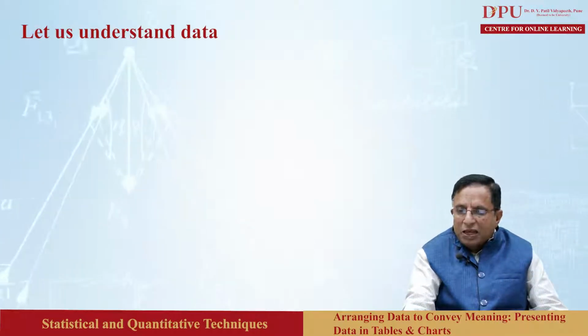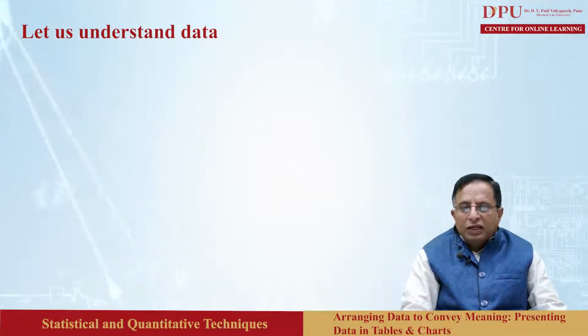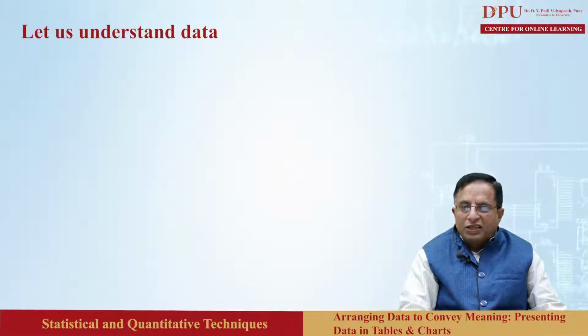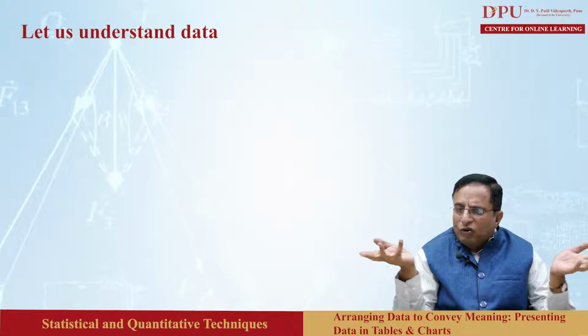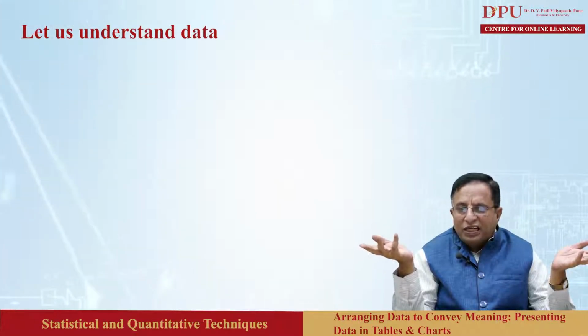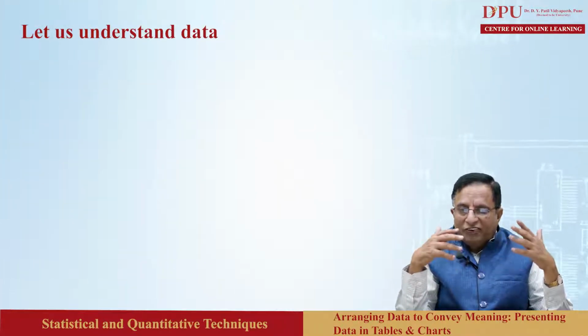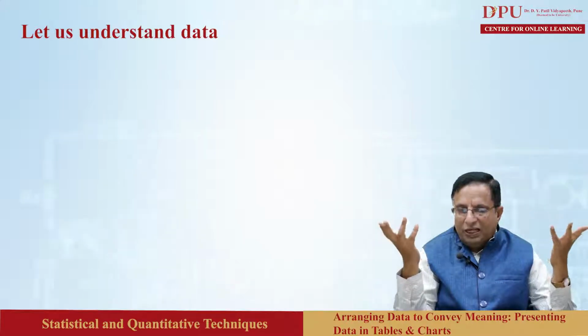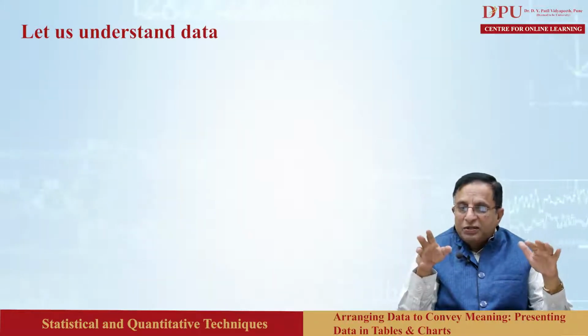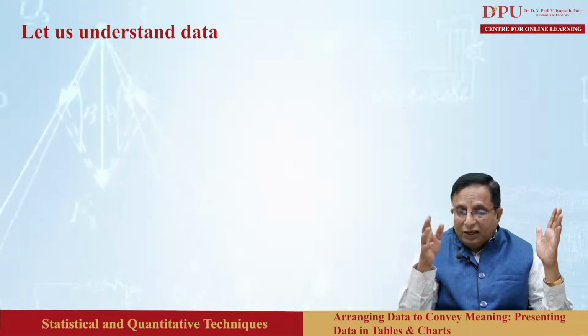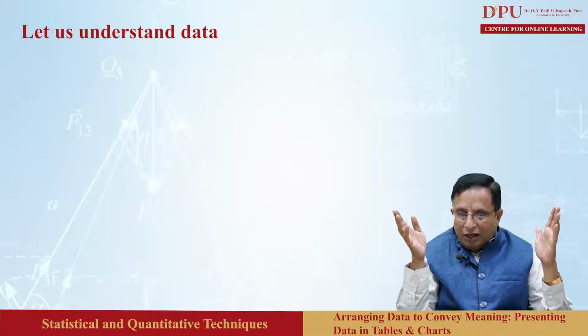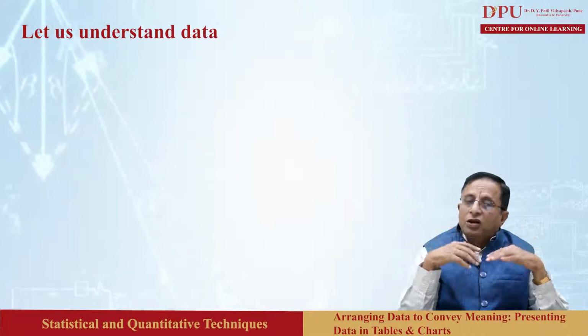Other examples may include a Likert scale of ranking on a scale of 1, 2, 3, 4, 5 about your degree of satisfaction. Interval data: such data are ordered with a constant scale having no natural zero. Since height, weight, etc. have a natural zero defined at no height, no weight, it makes sense to say that 2 centimeters is twice as large as 1 centimeter. On the other hand, temperature in terms of 0 degrees Celsius does not have a natural zero,